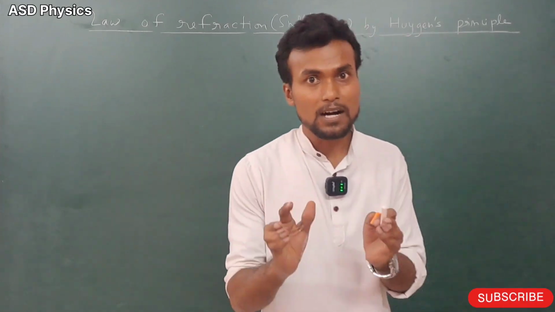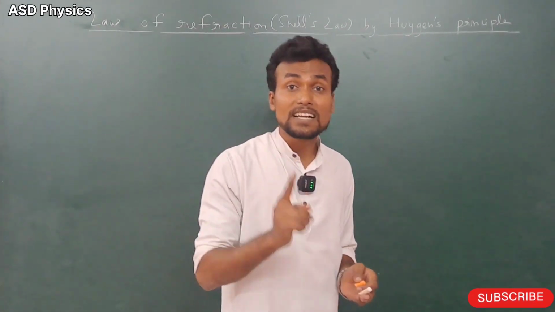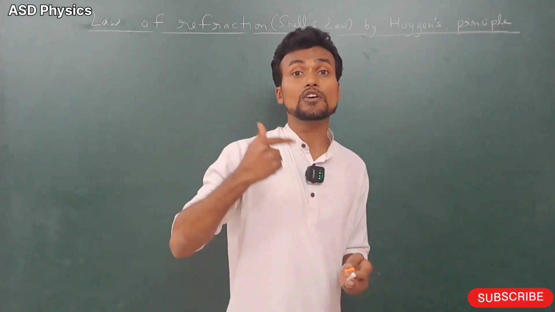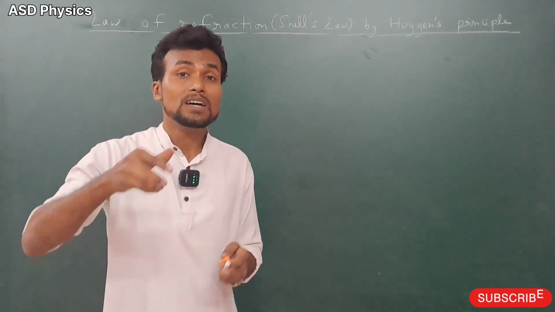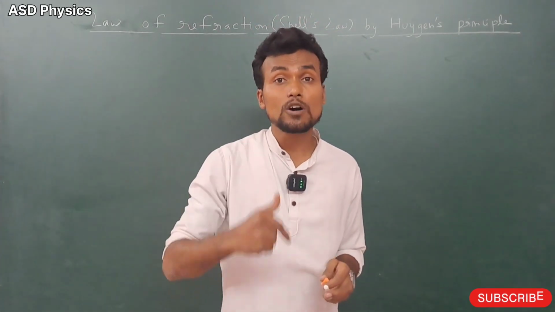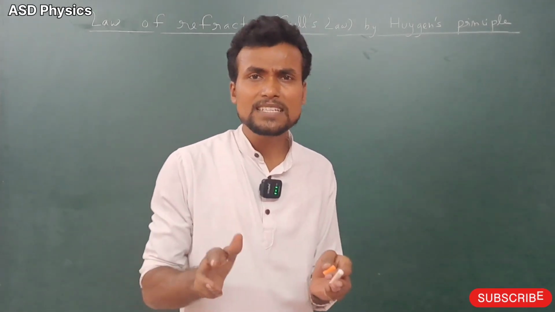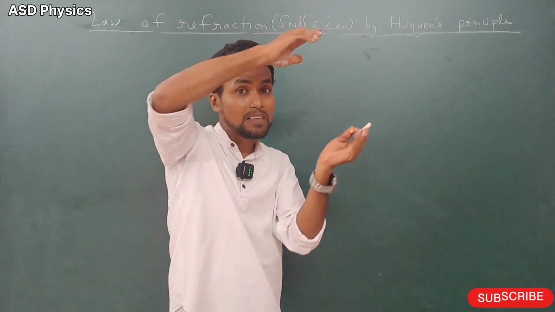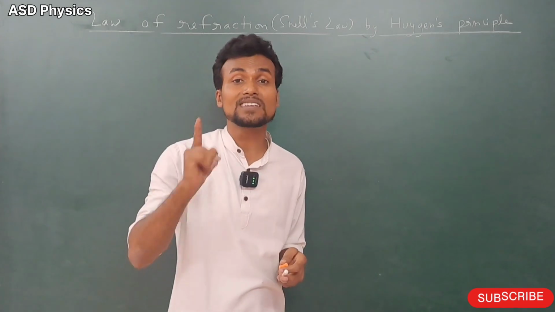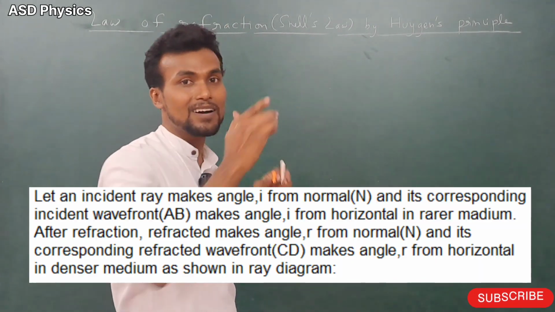Spherical wavefront will always come from a point source. Cylindrical wavefront will always come from a line source, and the last one, plane wavefront, will always come from parallel rays of light. Parallel rays of light means the object is at infinite distance away. In this derivation we are going to see parallel rays of light, so guess what is the nature of the wavefront? It is the plane wavefront. Now you are ready to understand the derivation.